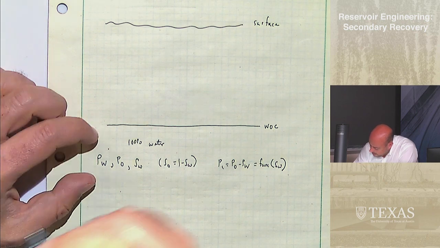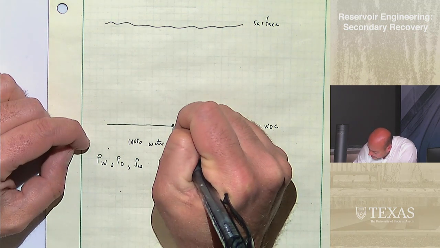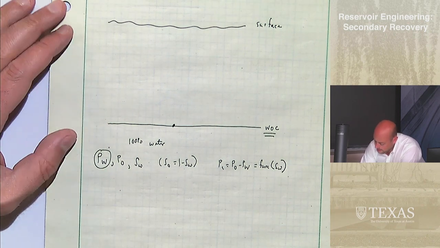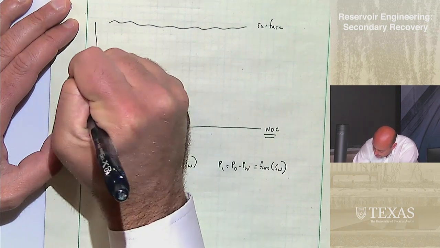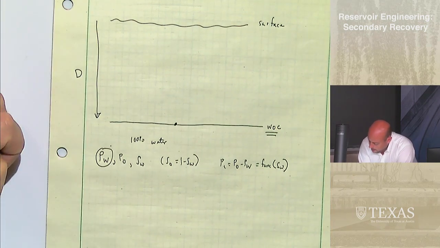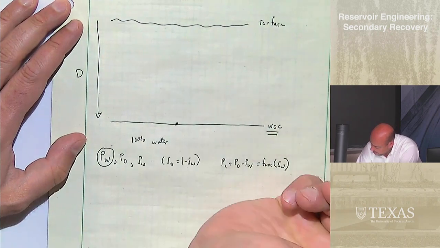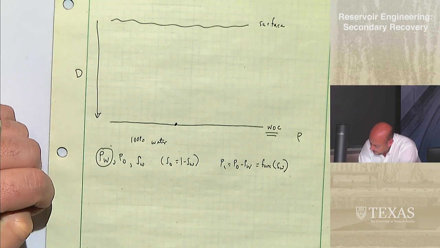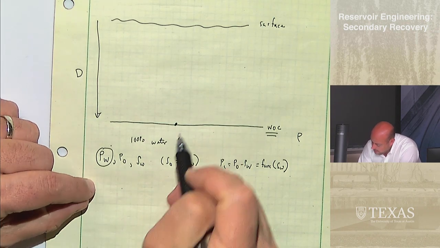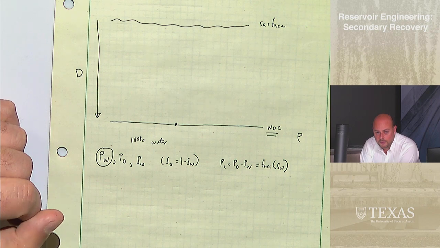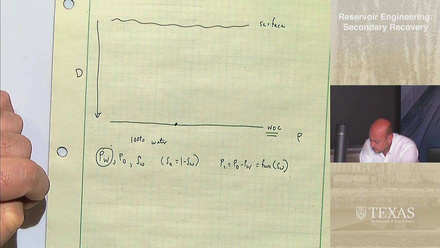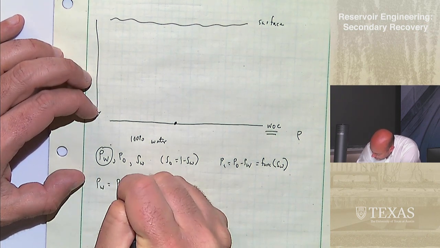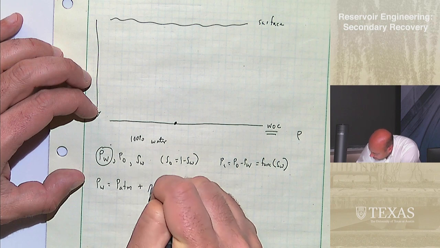So what you might be given is the pressure of water at the water-oil contact line. Okay, so you might know this at a very specific location, WOC. And this is depth, right? This is D, depth. And what I'm going to do is plot pressure and saturation on the x-axis. So this is going to be P or S on that axis. You might be given that pressure over there, so maybe through well logs or something. Or if this is a normally pressured reservoir, you can calculate the water pressure from